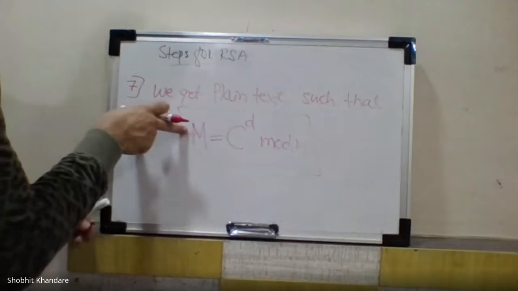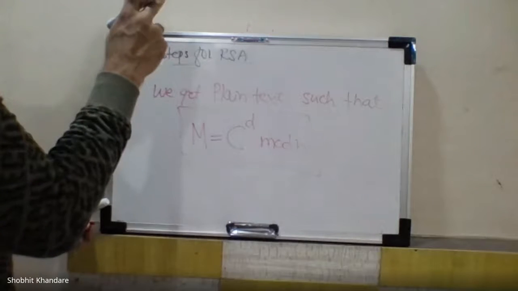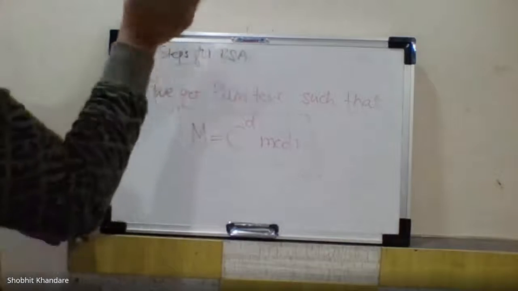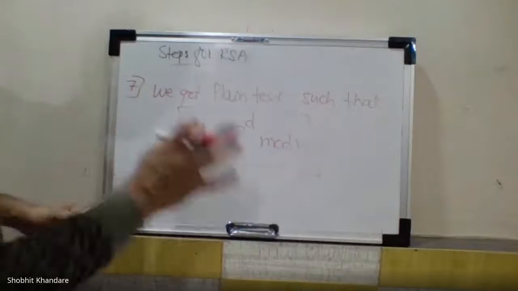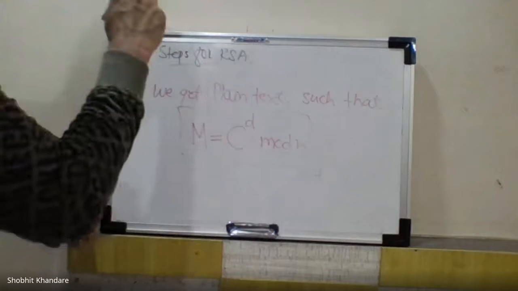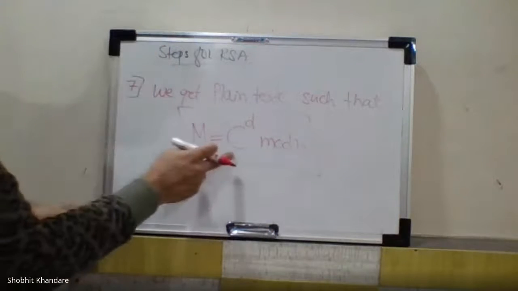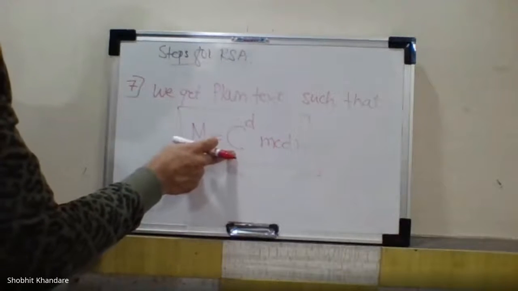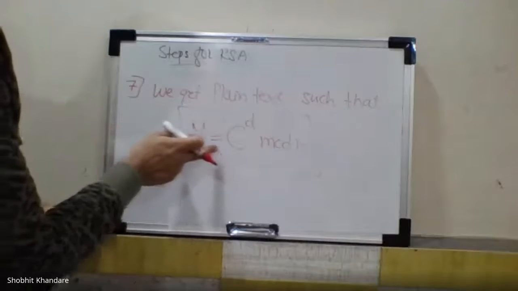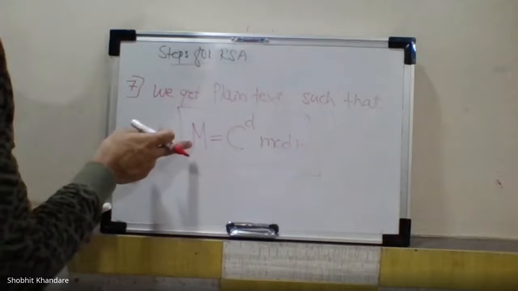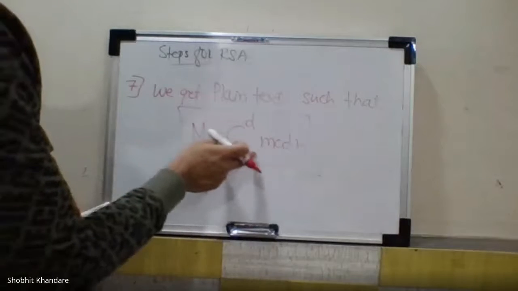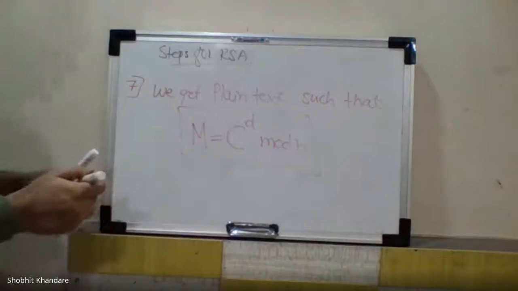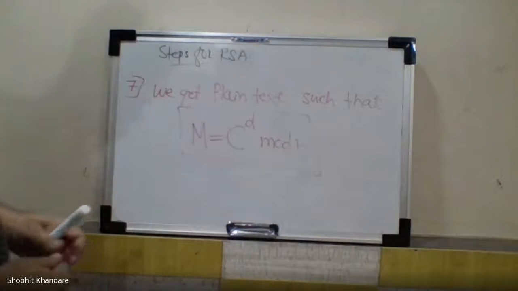So whatever the plain text M we have used, which should be less than n, that M and this recovered M should match. That M, which we assumed while calculating the ciphertext and said should be less than n, should match this recovered M after calculating C to the power of D mod n. Okay, so there are a total of 7 steps.